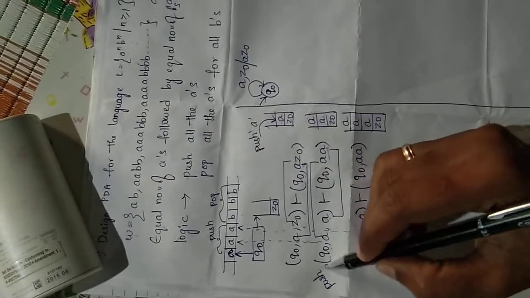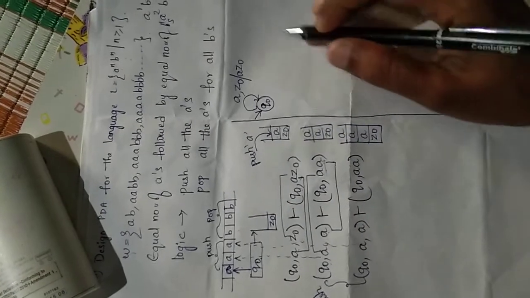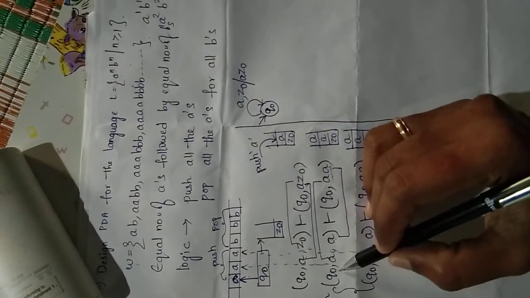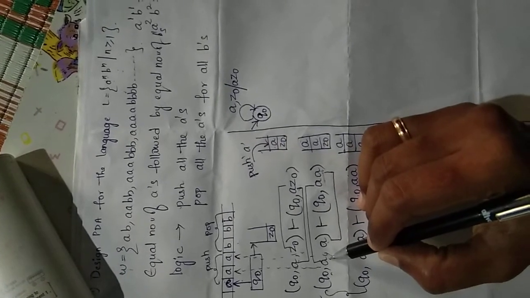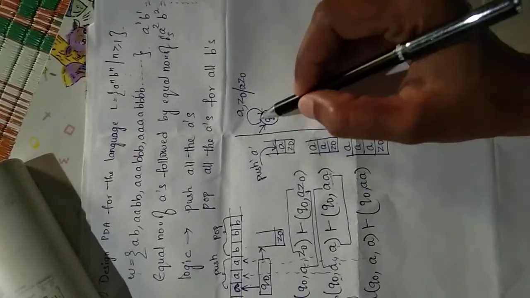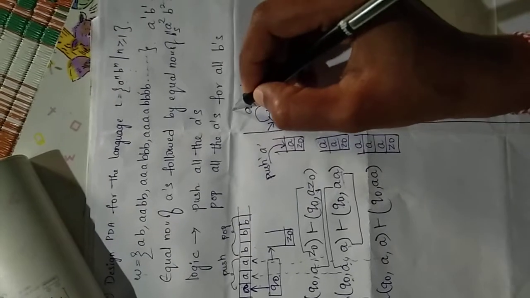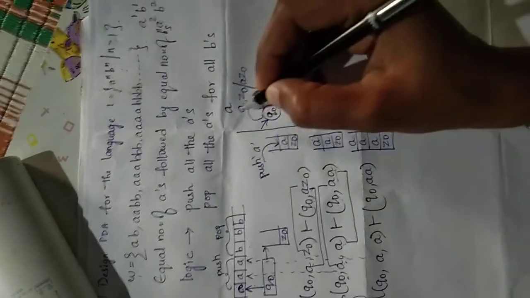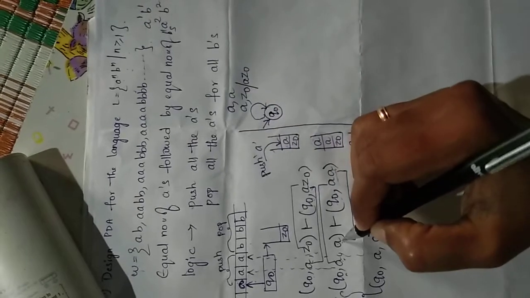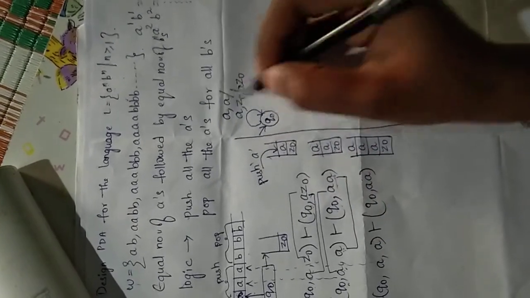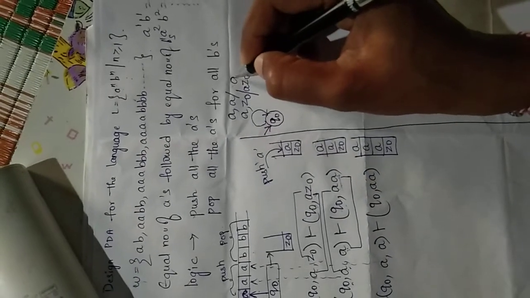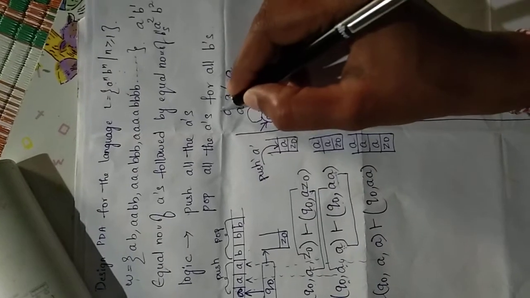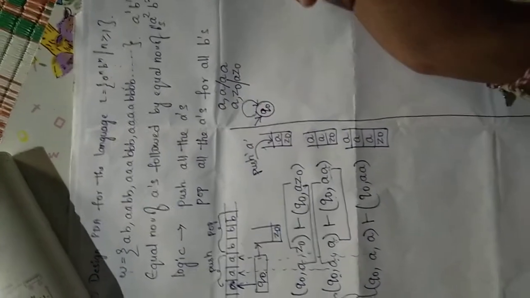Now how do we present these in the form of an automata? What is the next ID here? Q0, A. From Q0 we have to take the input symbol A and stack symbol A, and we are in the same state, which means again we need to take the same loop. So the input symbol is A, the stack symbol is A. What is the right hand side? We are pushing the symbol and the top two symbols are A and A: the previous stack symbol is A and the pushed symbol is also A.